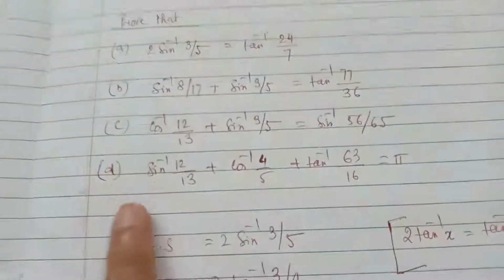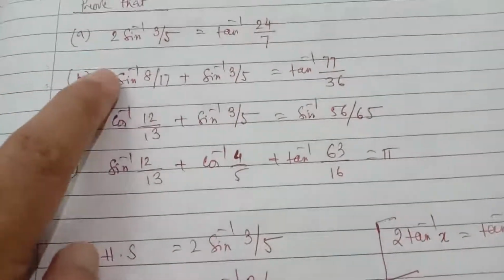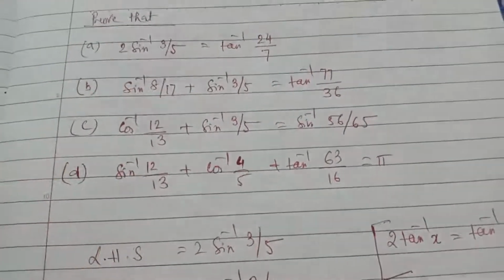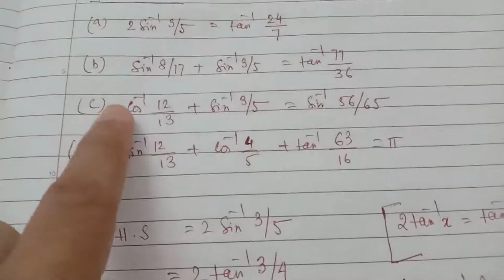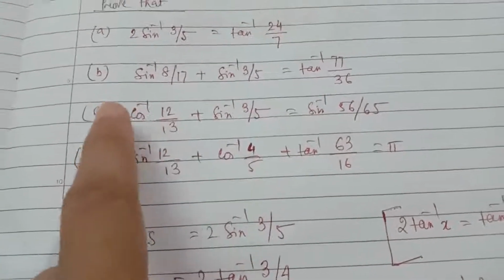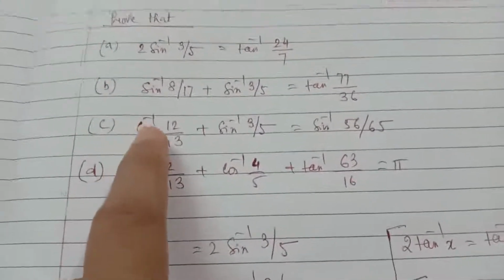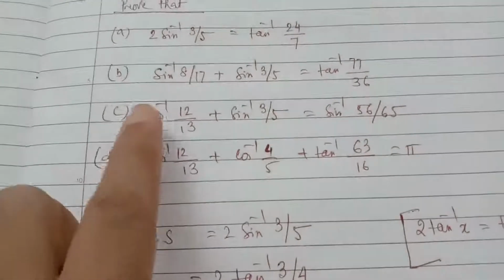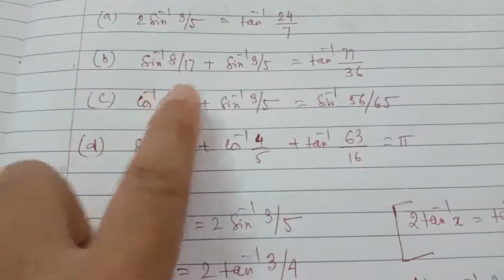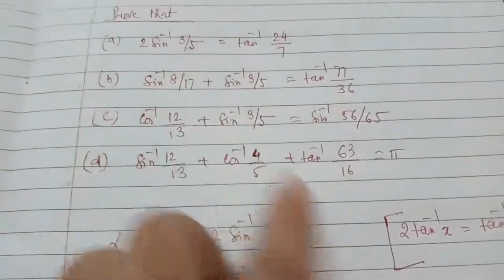Now we'll solve question number 4. Question number 3, you can proceed like question number 2 or like question number 4. After doing question number 4, you'll get some more ideas to solve this particular question. Very simple. Cos inverse of 12 by 13: you can change cos inverse to sine inverse and then add by using the formula sine inverse of x plus sine inverse of y. First change cos inverse to sine inverse and then add these two.